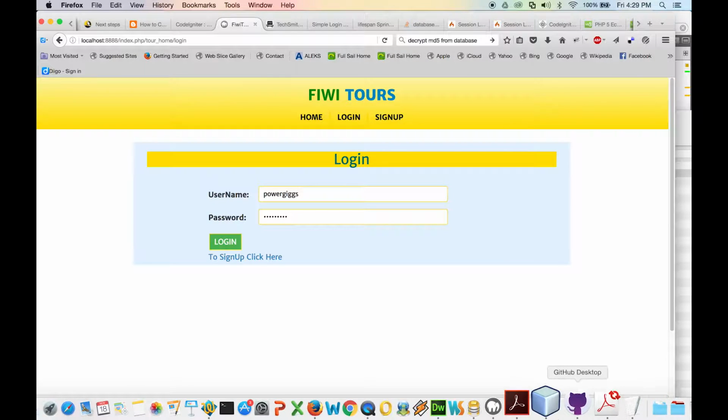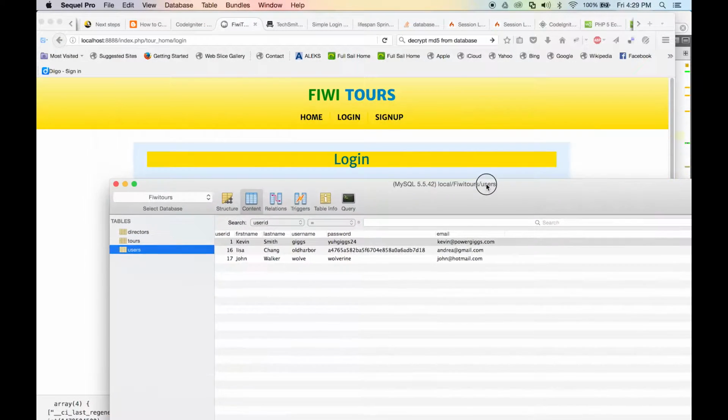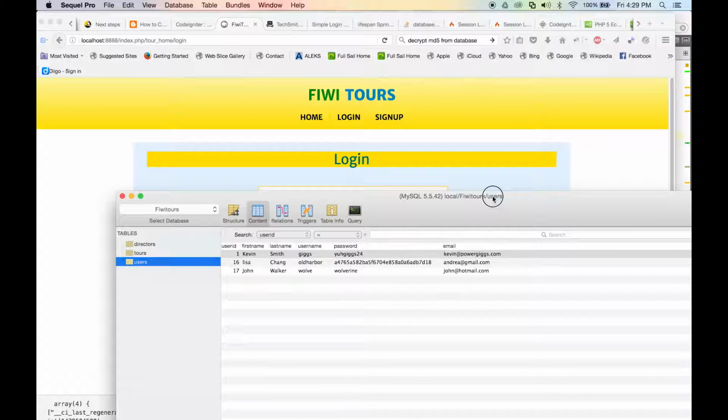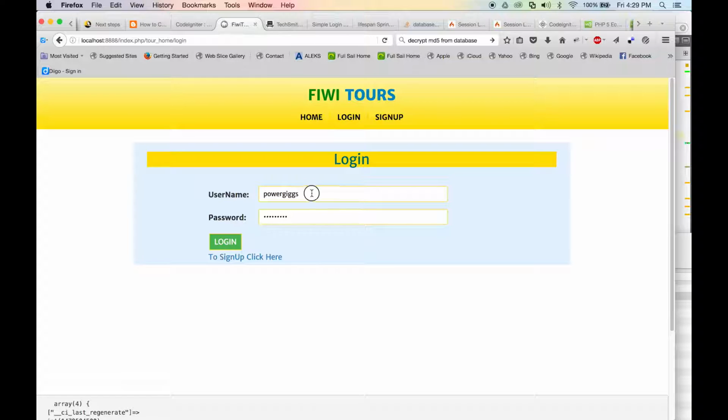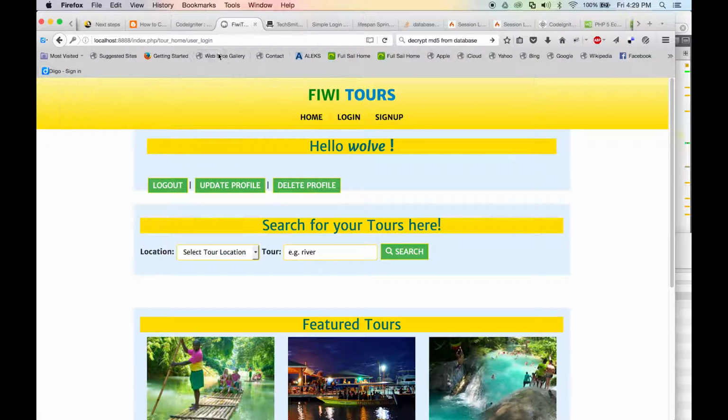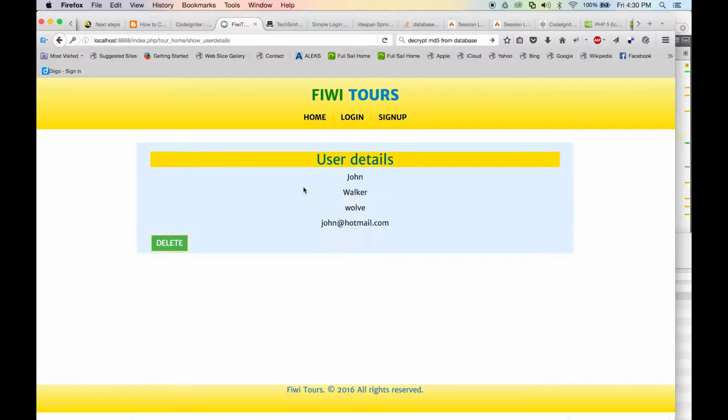What I'm going to do is log in with a different account, Wolf and Wolverine. It's the account I created to demonstrate the delete. And I'm logging in. It says welcome Wolf, and I want to update right now, so let's go to the delete profile. It shows user details, John Walker Wolf, john@hotmail.com, and I simply want to delete this